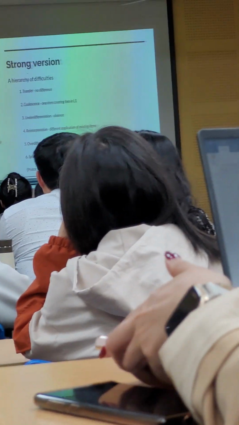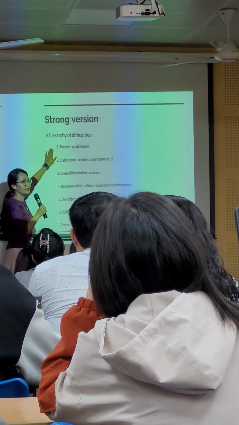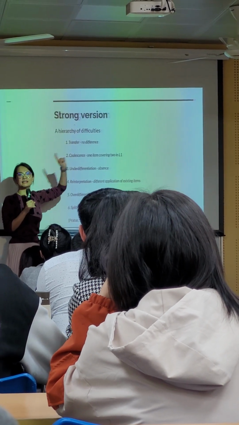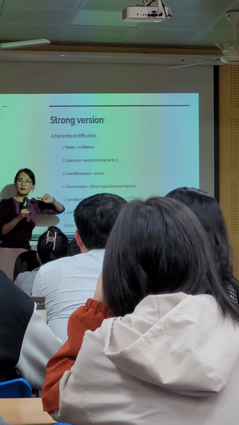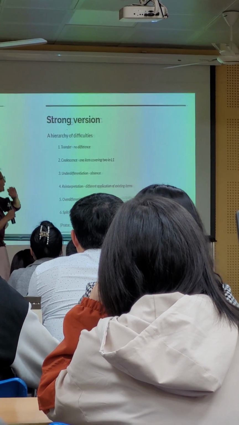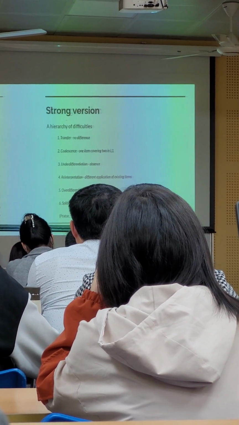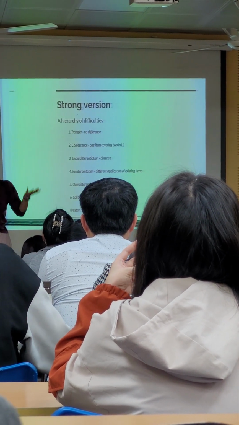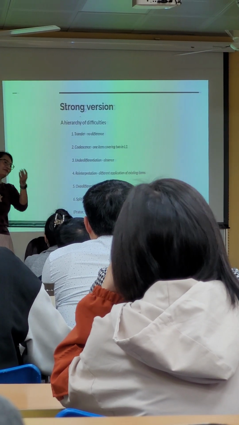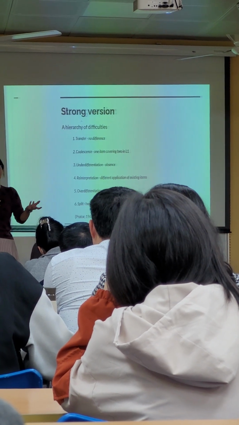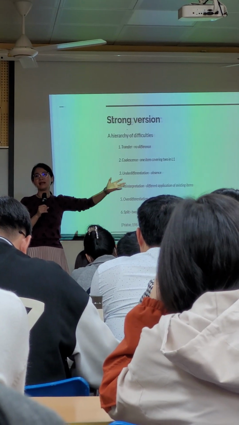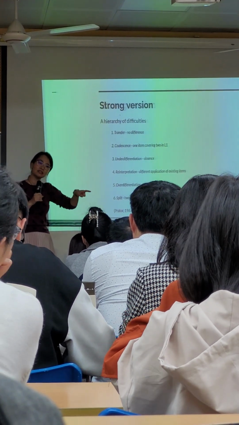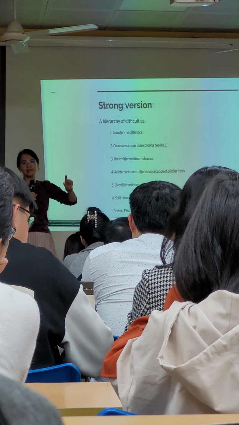And how do they differentiate it? Transfer, number 1. That is when we have the exact similarities between 2 languages. So for example, SVO, subject, verb, object. The structure in English is exactly the same as in Vietnamese. So it is easy for a Vietnamese learner learning English to make a sentence with SVO structure,